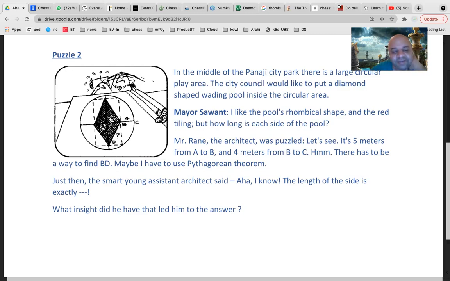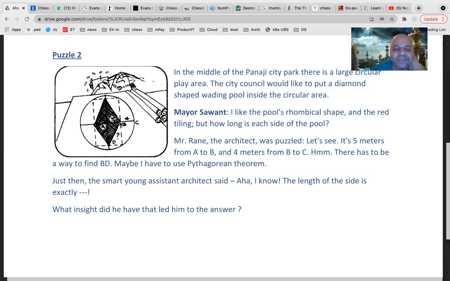See, the length of one side is 5. Here also the length of one side is 5. The length of one side, A to D, is the same as B to E. So that is why the other side is equal too, and both of them are right angle triangles. So the hypotenuse will be equal. A to E we know is 9. So hence D to B is also 9.